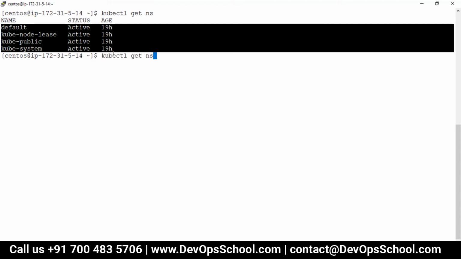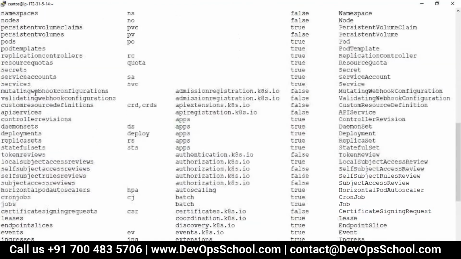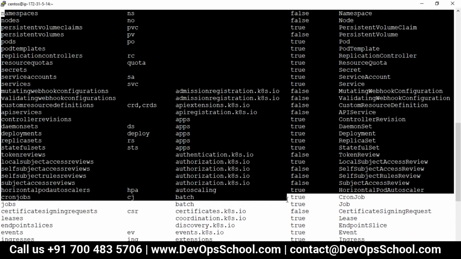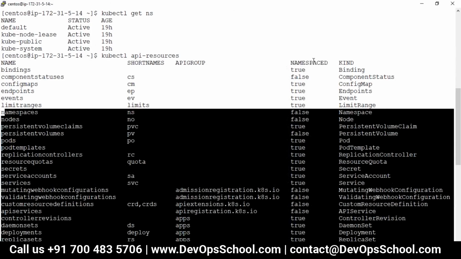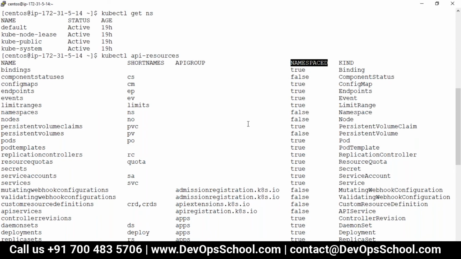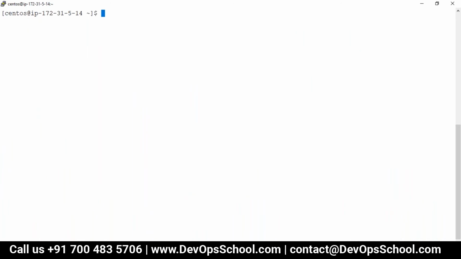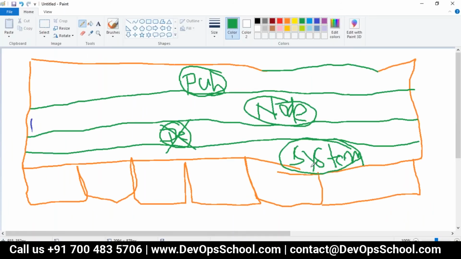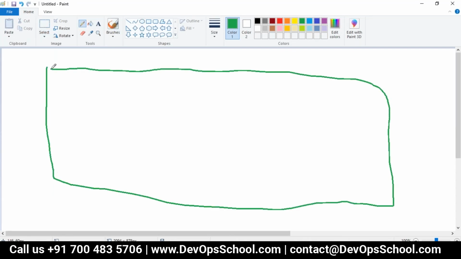So now what we have understood is, I learned all these API resources, I can use them. I learned the namespace concept. Now one thing more I need to learn, and that is version. So what is a version? Let's understand this way. This is the API server, the master, and this is again the API server. So this is the one API.